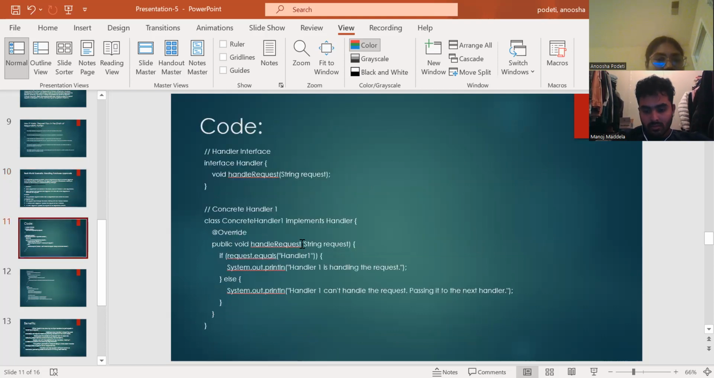So here's the code for the chain of responsibility pattern. I have my own information about it. So this is the example where we use the